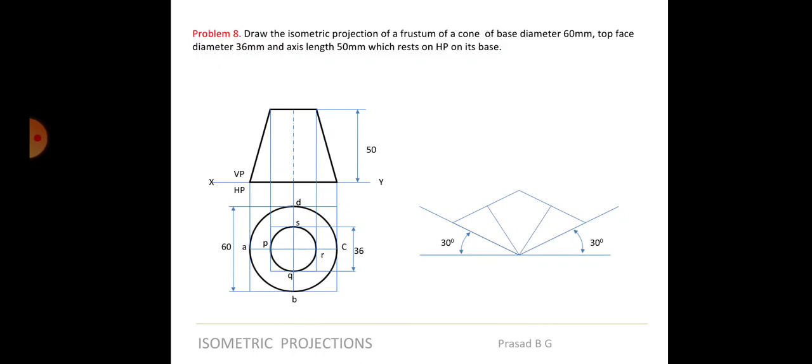And then you know the method to draw the ellipse. We have already explained this in a couple of problems in the previous video. So from this corner to the opposite midpoints, same way from the other corner to the opposite midpoints. So it will intersect in between. So you get all the centers for drawing the ellipse.